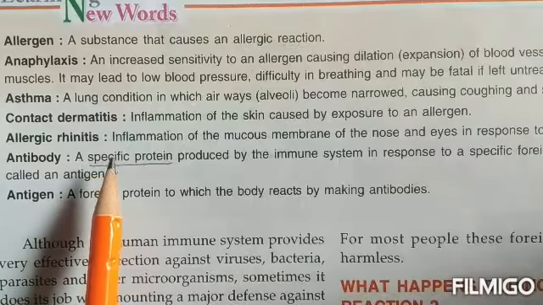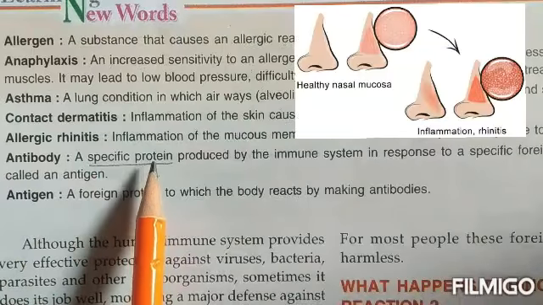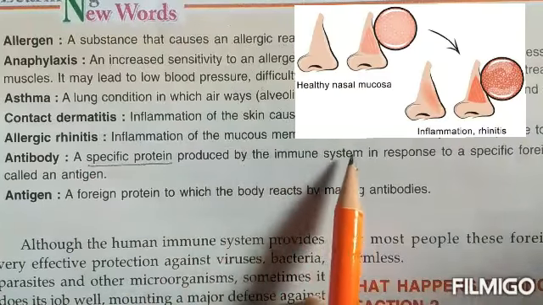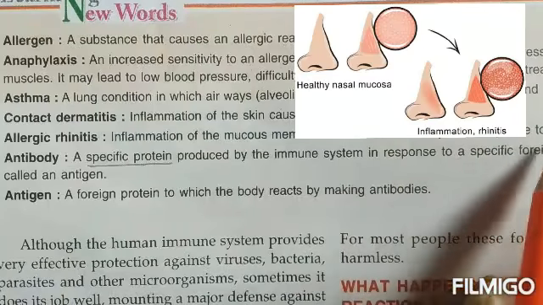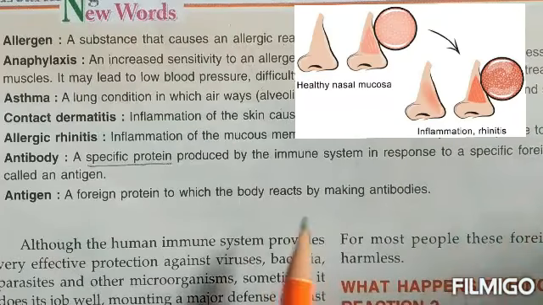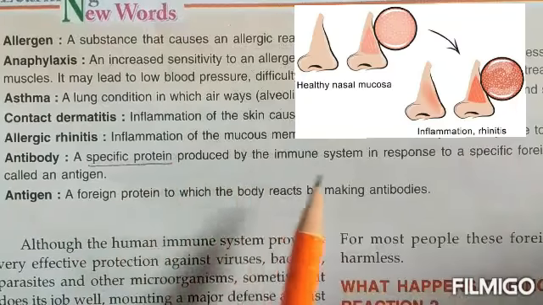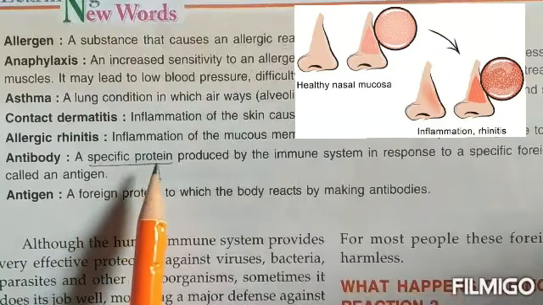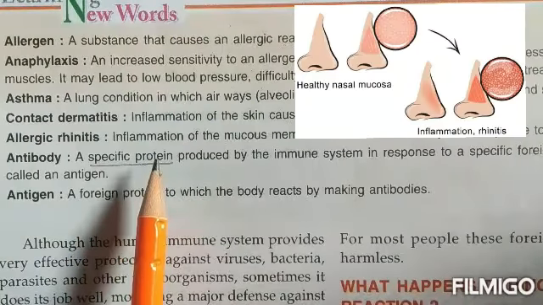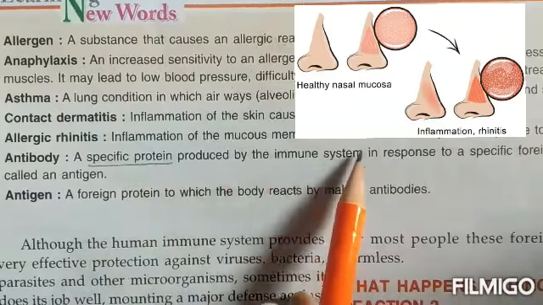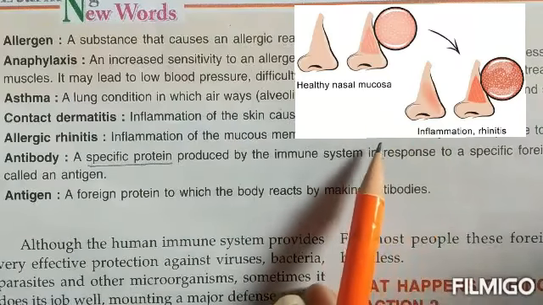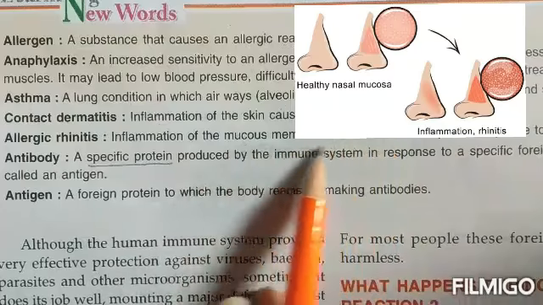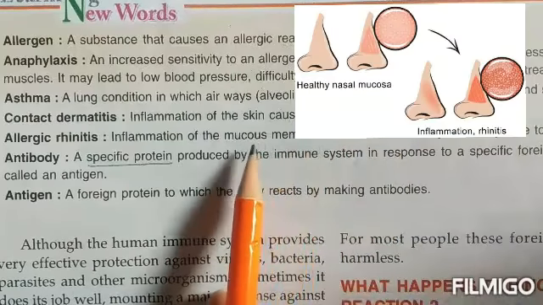Allergic rhinitis. Now what is this? Inflammation of the mucous membrane of the nose and the eyes in response to the allergen. Now this means, children, sometimes when the allergic reaction takes place, or when the allergens enter inside a body, they only reach the nose and the eyes, right? So when they reach the internal lining of the nose, that is known as the mucous membrane, children,